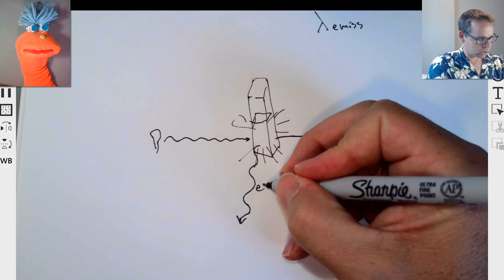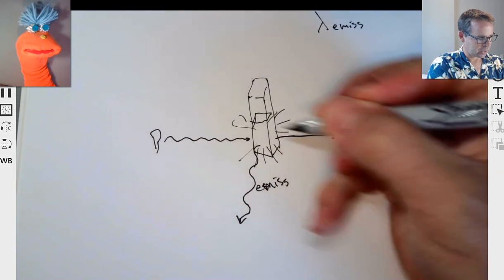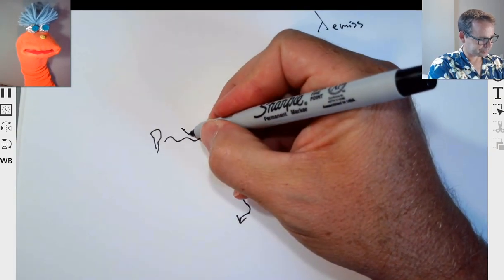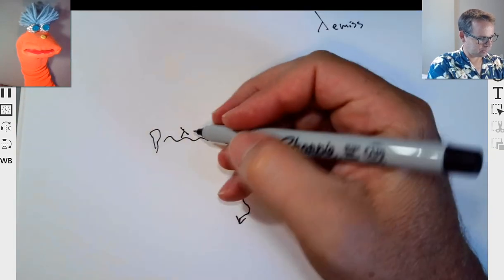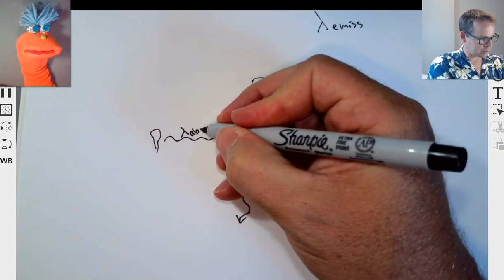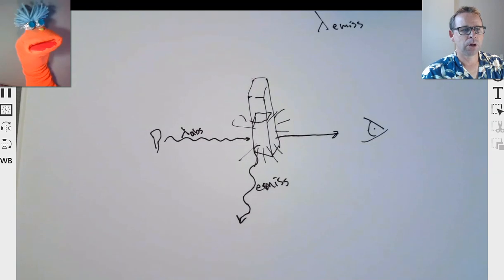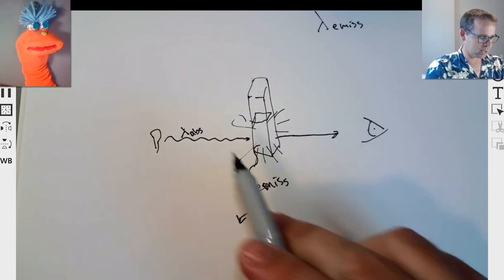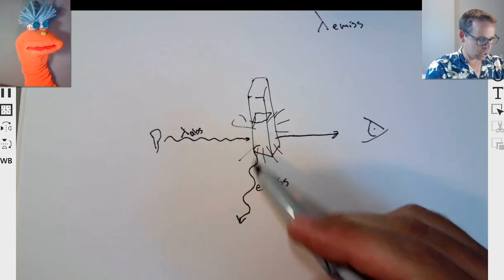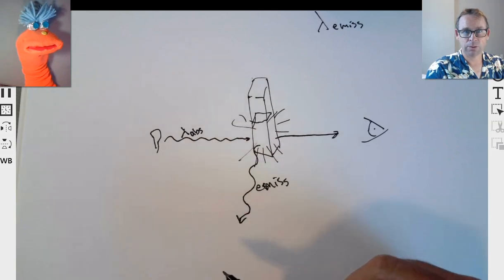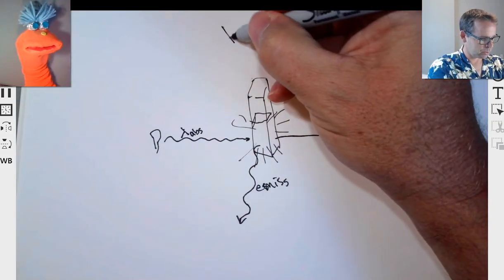All right, so this is our emission. And the wavelength here of the light that is absorbed. You said that the emission had to be lower in energy. That's right, because if it's absorbing at X, it's not going to be able to emit at a higher wavelength, right? Yeah. Okay,